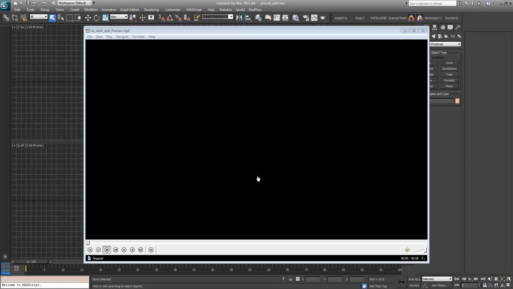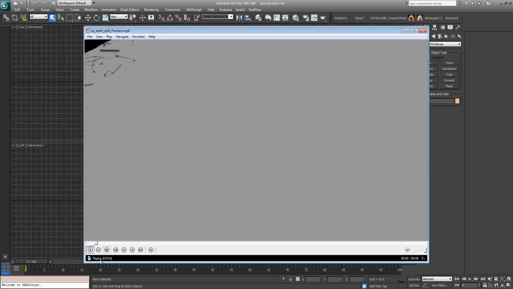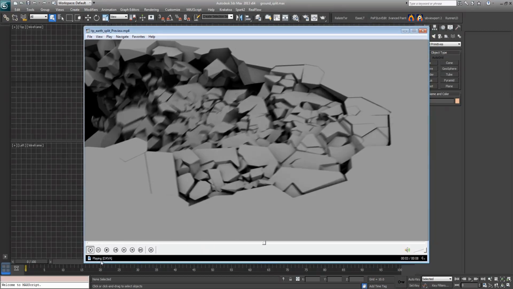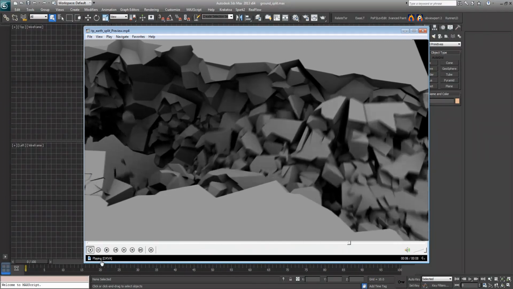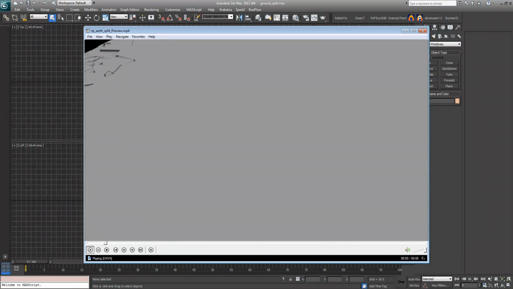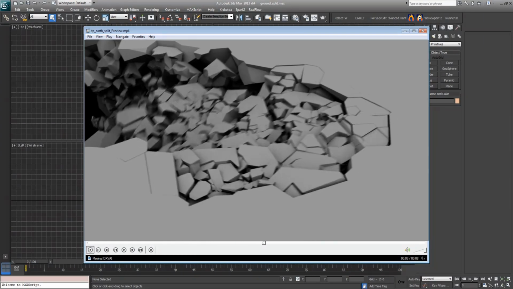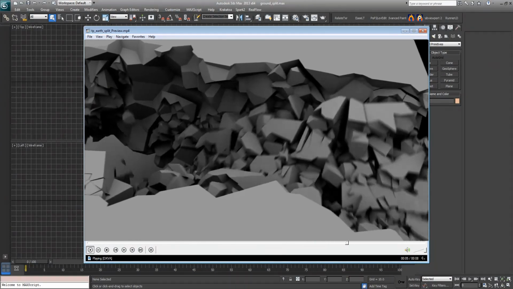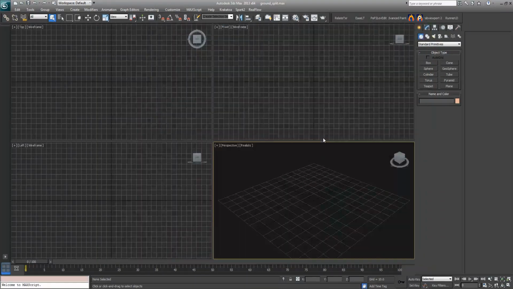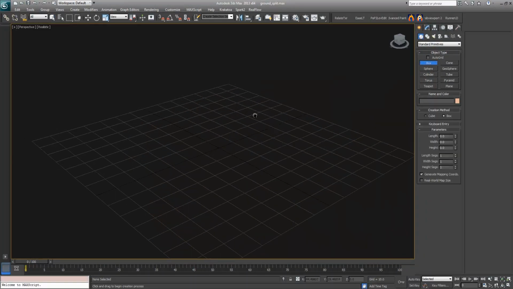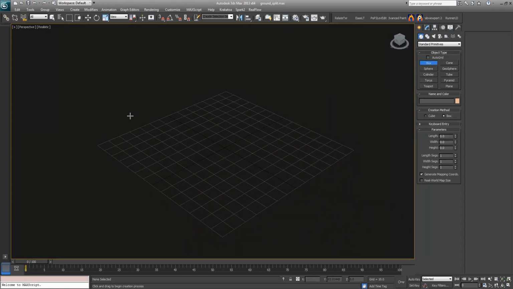Hello guys, this is Raj Pakhare, and in this tutorial we'll be taking a look at thinking particles, and we'll try to achieve a similar effect like this. Sorry for the lag in the video, it's because of the capturing, but you get the idea how we'll be working in the scene. So let's get started,